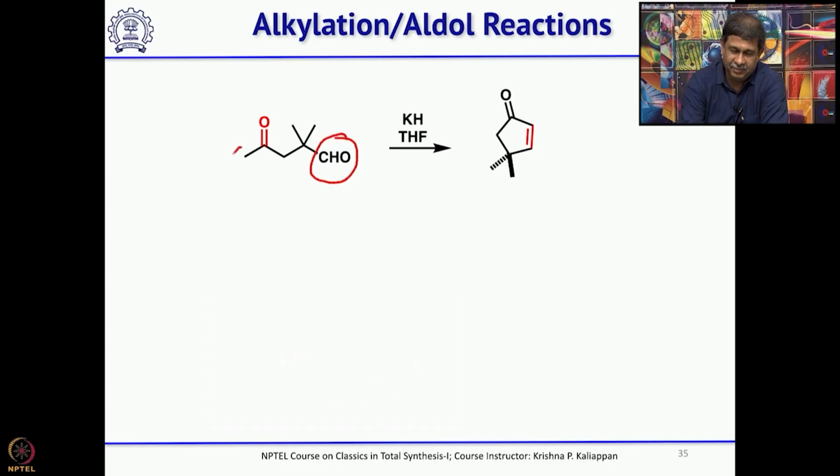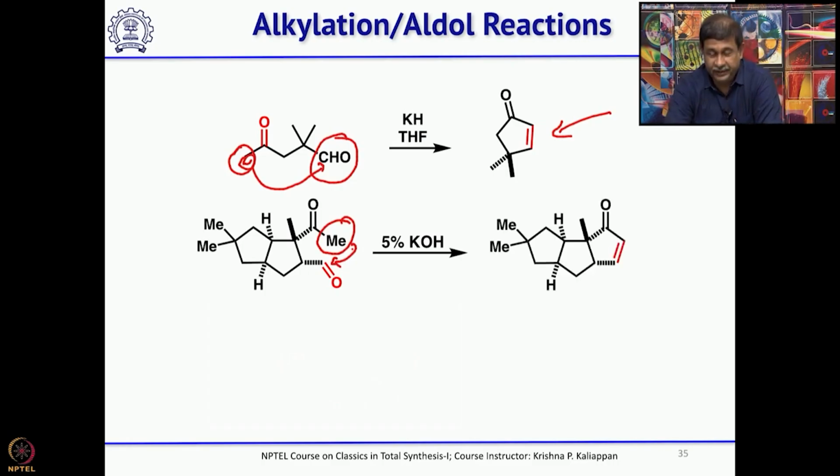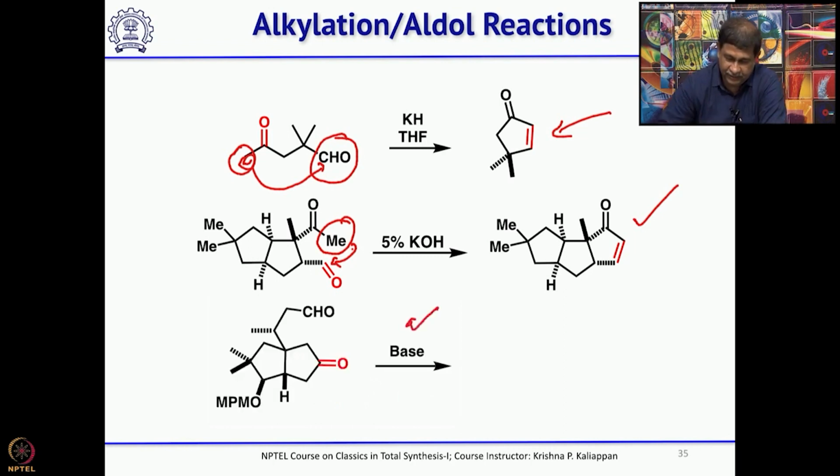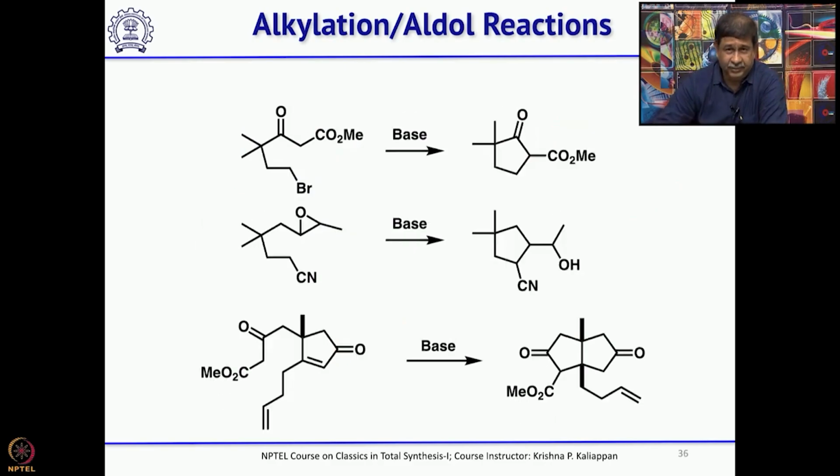So, you have an aldehyde here and a methyl group. You can generate an anion here, that anion can attack this aldehyde, followed by elimination of water, and you can get the 5-membered ring. Same thing, you have a methyl group, you can generate an anion and add to this aldehyde. That also will give a 5-membered ring. Of course, this has been used in the total synthesis of a linear triquinane, and this particular example has been used in the total synthesis of an angular triquinane. You generate the anion and attack this aldehyde, followed by elimination of water, and you get the angular triquinane. So, alkylation, aldol reaction, sometimes even Michael addition or opening of epoxides have been used successfully for making 5-membered